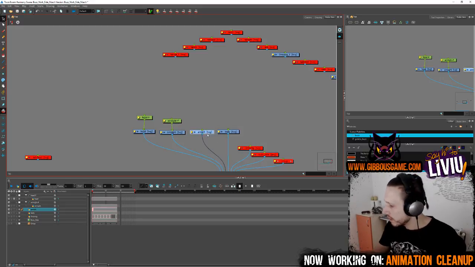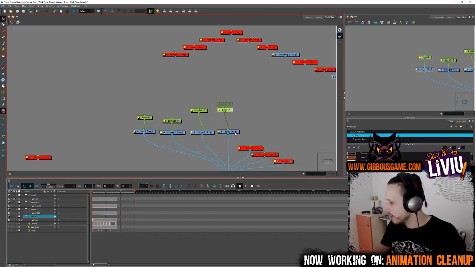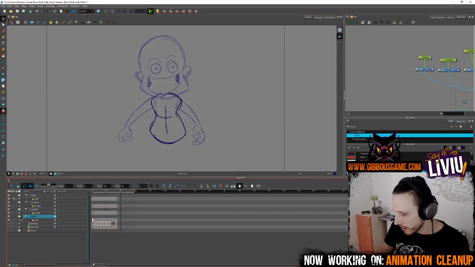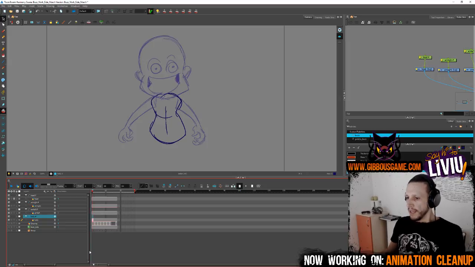So I'll just do the same for everything, and Control P and Control P. So now, basically, I have pegs for everything. So if I go to the body, so I am on the body layer now, and I'm going to the peg layer, right? And now I want to be able to control this